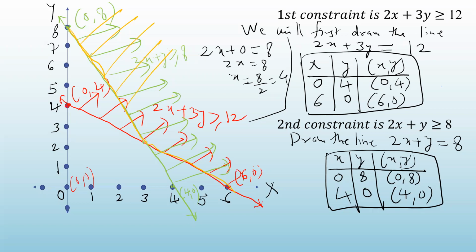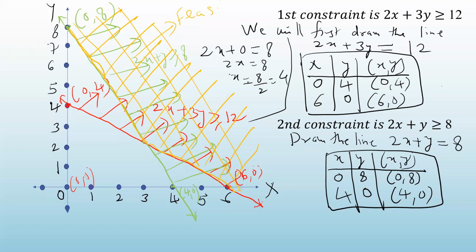Look at this. The region which I'm showing by golden color, golden checks you can see. So this is my feasible region, where red color as well as green color is there. So this is the common region. Okay. Let me give a name to it. So I may call this point as P, I may call this point as Q, and I may call this point as R. P, Q, and R. So this is my feasible region.